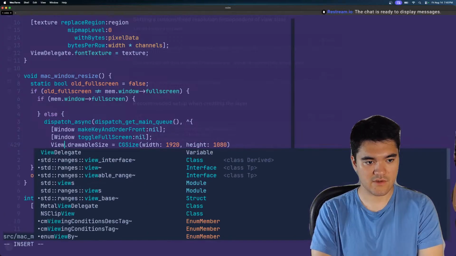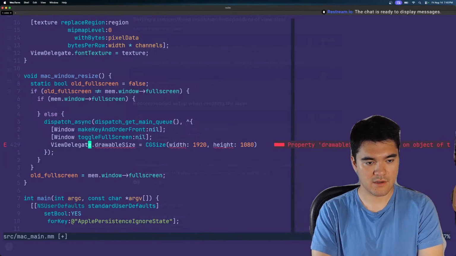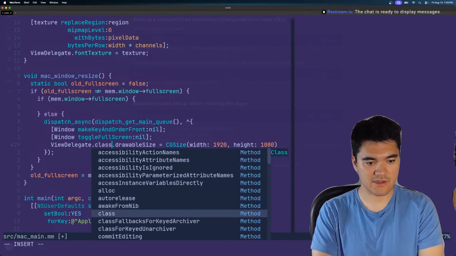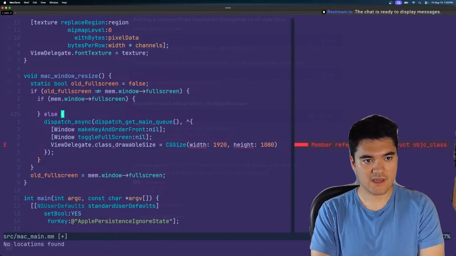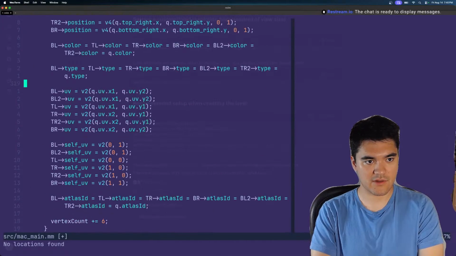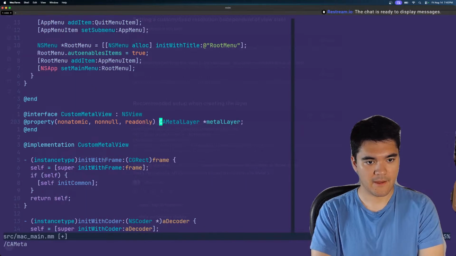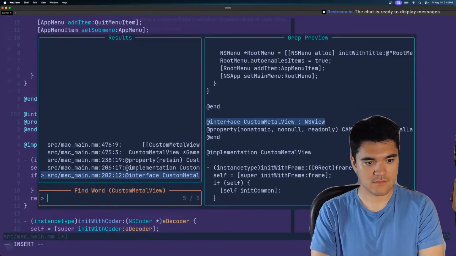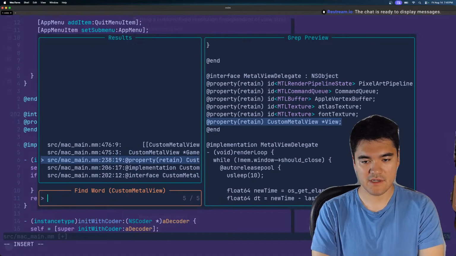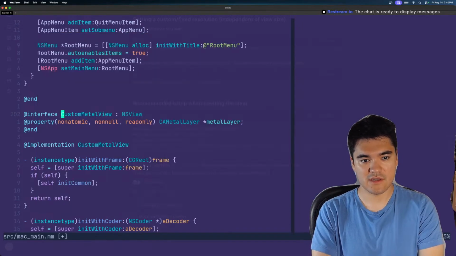Let's see. Okay, I have to go trace through all this. So the view delegate owns the... who owns the CA metal layer? Okay, so it's in custom metal view. Okay, so it's in view delegate dot view dot metal layer